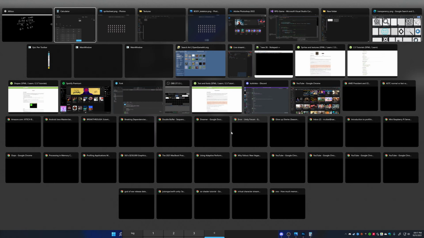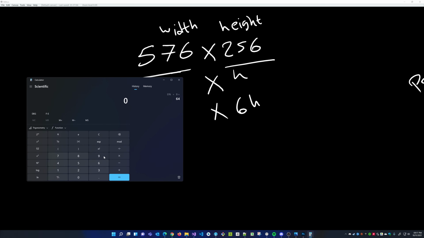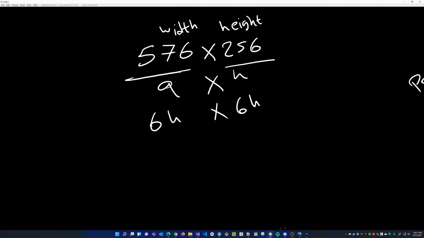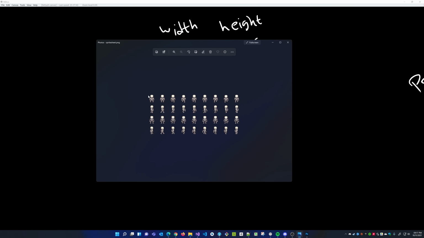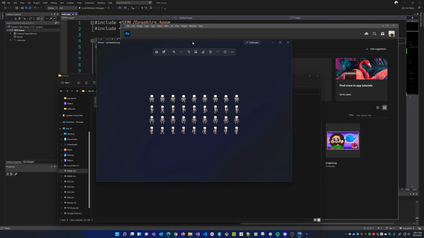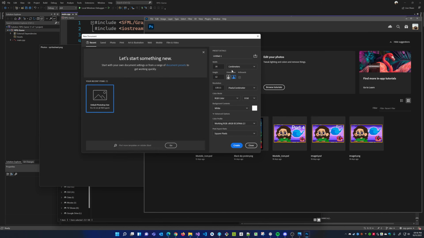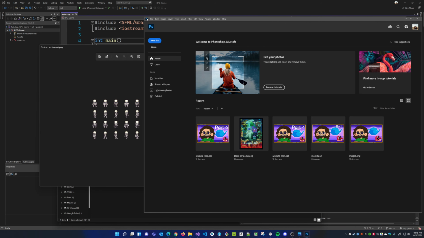But again, let's do this math and just be 100% sure. But obviously it is 64 by 64 because it's a square image. So 256 divided by 4, 64. So now every single skeleton here is 64 by 64 pixels. All right. And what I would like to do is render just one of them, right? So in Photoshop, I'm going to show you how to do it in 2 ways. The one that I'm going to do, which is not fantastic, and I'm going to show you a different way.